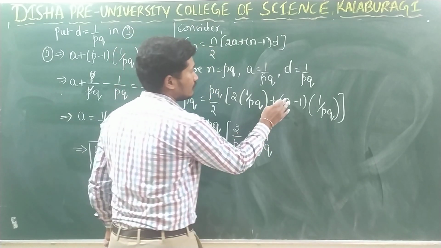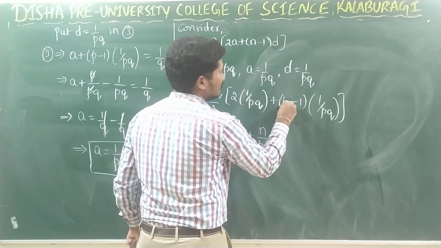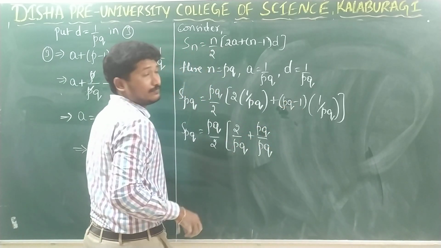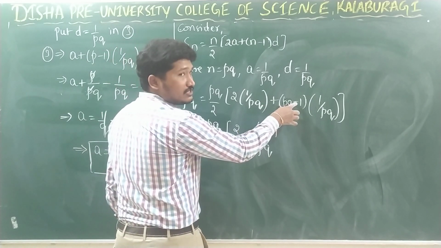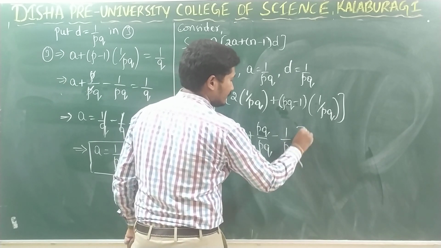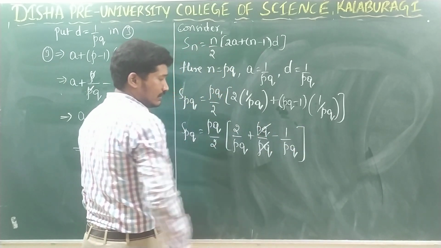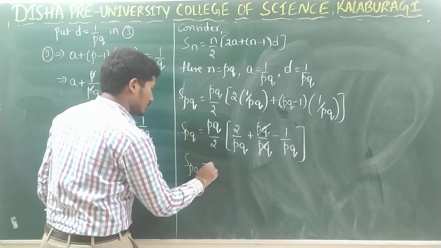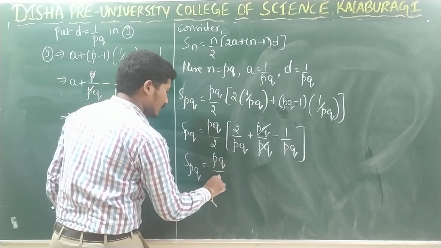Sorry, in place of n we have PQ, right? So let us substitute this PQ. So here also we will get PQ. Plus into minus is minus, minus into plus is minus. 1 divided by PQ. Right? So here PQ gets cancelled. So yes, S is equal to PQ by 2 into